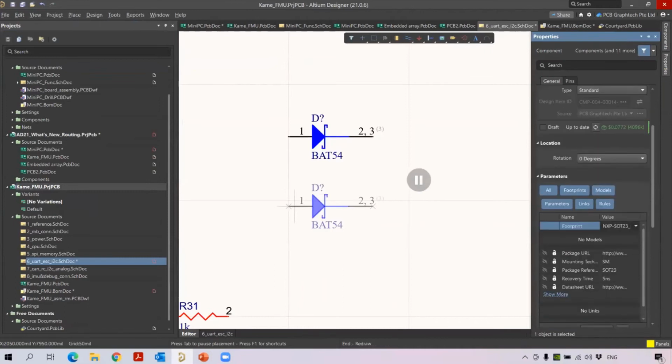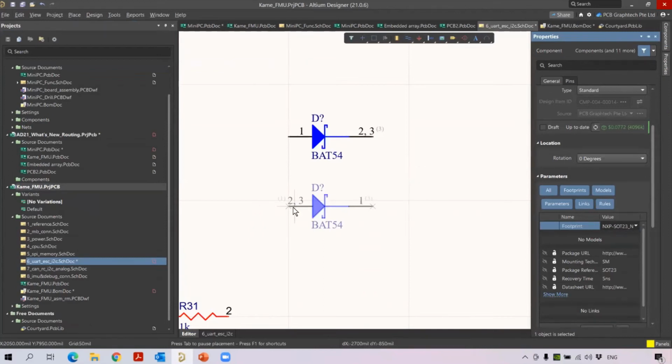Under the parameters here, you will see there are two footprints. Okay, the first footprint, when I use _m, the input is pin 1 and the output is connected to the pads 2, 3, so it represents 2, 3. But when I choose the second footprint, you will see the changes. If I choose the second footprint, you can see the input is connected to the pads 2 and 3 and the output pin is connected to pad 3.